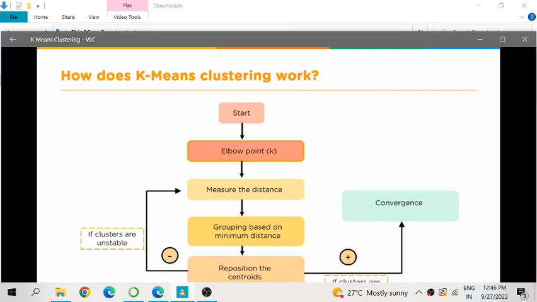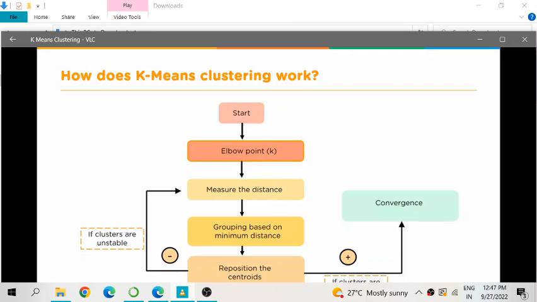Using the elbow point, we choose the K value. After that, we measure the distance between the data points and the cluster centroids, and group them based on the minimum distance. After that, reposition the centroids if the clusters are unstable, as I said, like if the points are moving from